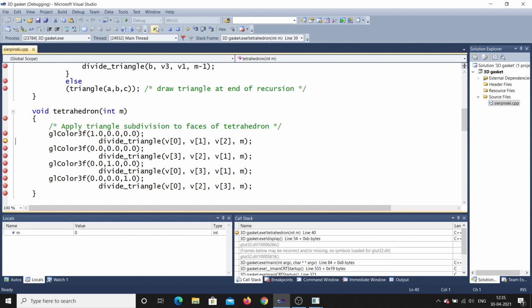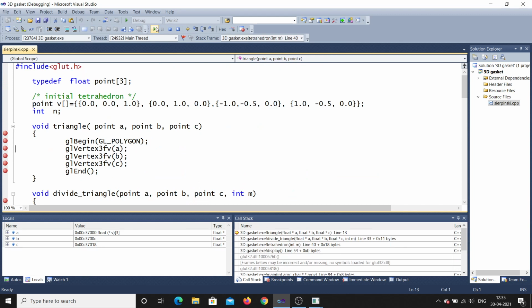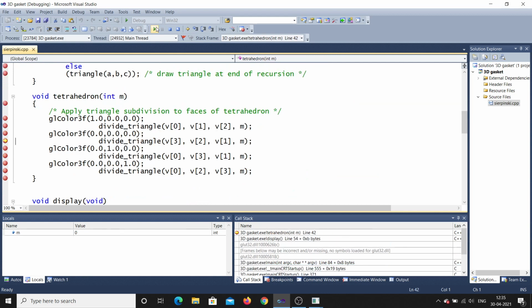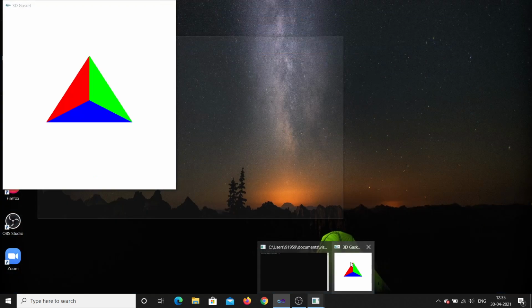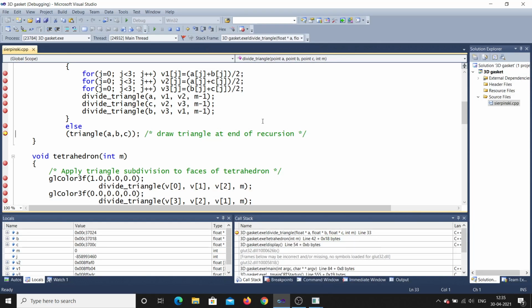Then finally, after everything is done, it will display the output. And this is the way it will draw. If you want, you can see the output. So finally you got the output here, because it will draw all the triangles. This is the way to put breakpoints and see how exactly an OpenGL program works. And this is not a simple program. You have to do a lot of points. For one iteration, it will take a lot of time.